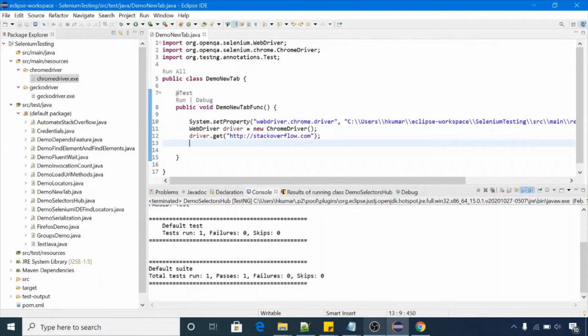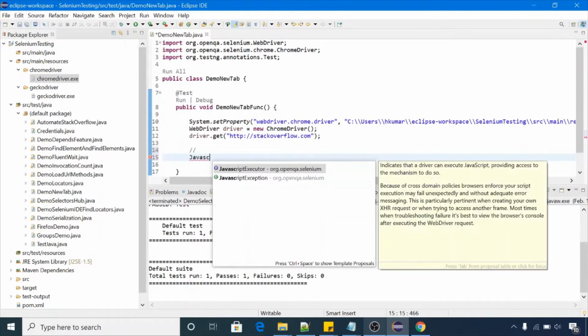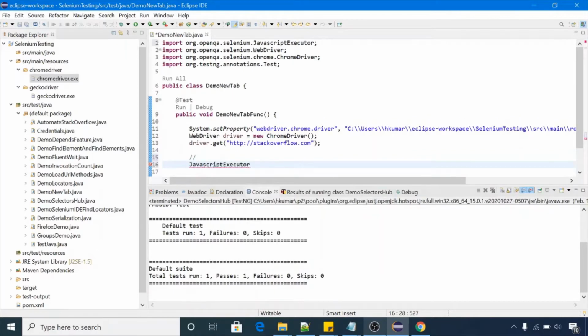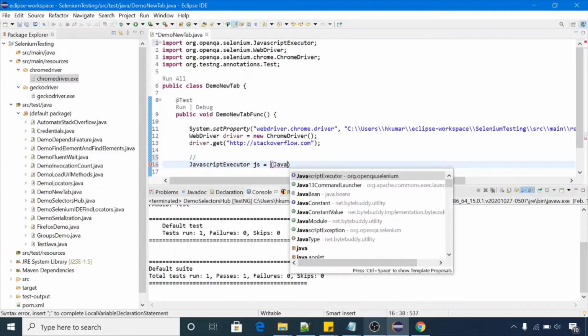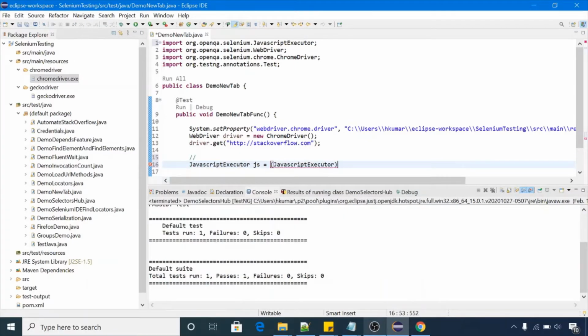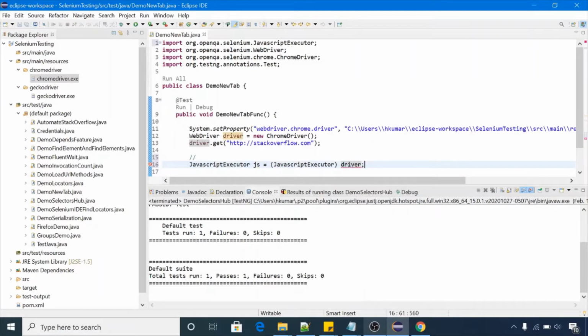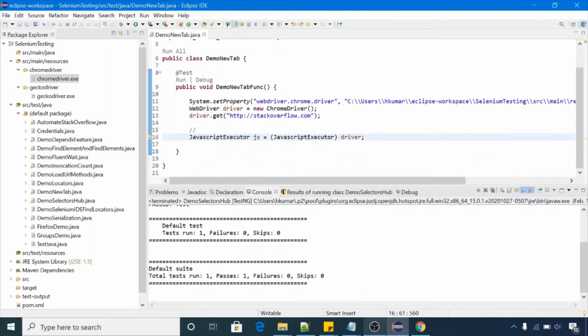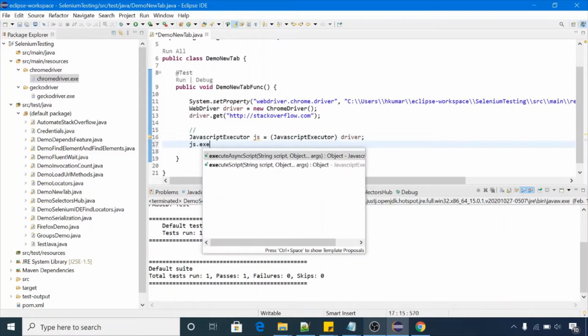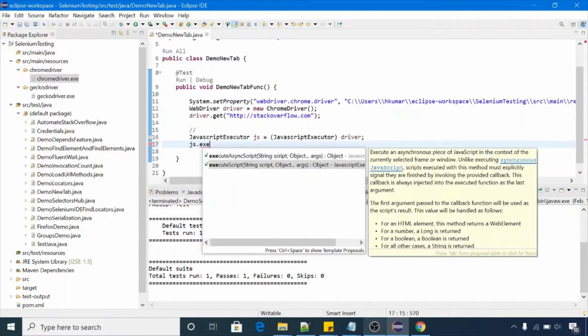To do that, let's create one JavaScript executor instance. Just name it js is equal to JavascriptExecutor, and in the end you have to pass the driver here. So it will create one instance of JavaScript executor js, and now you have to write js.executeScript.